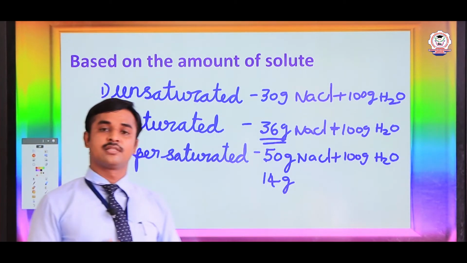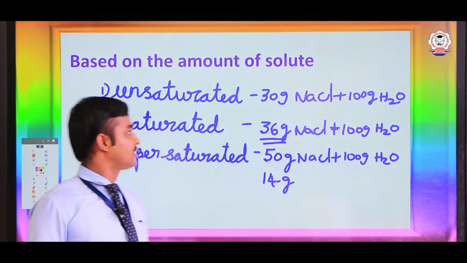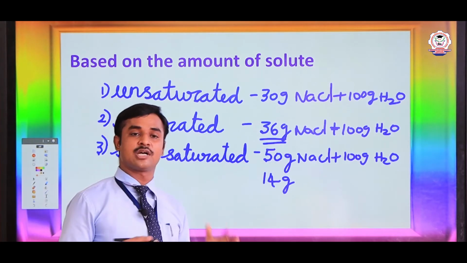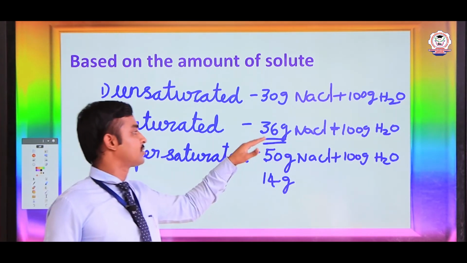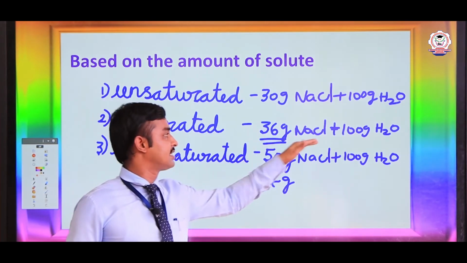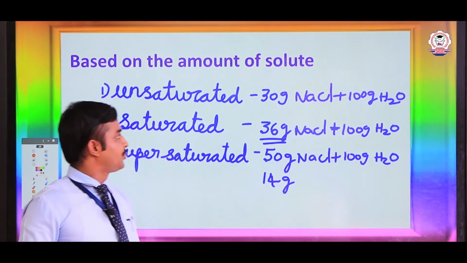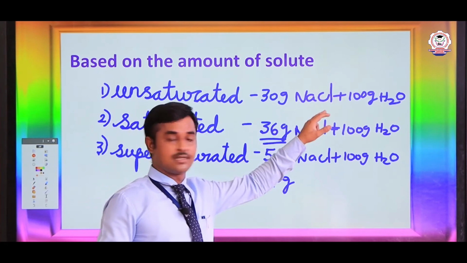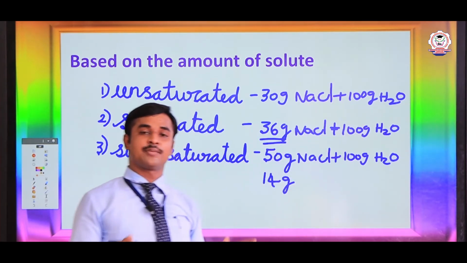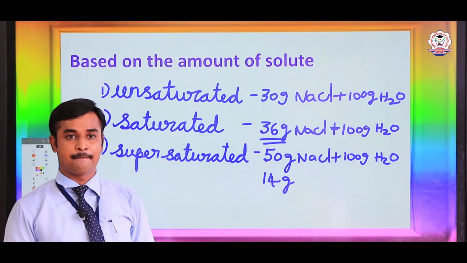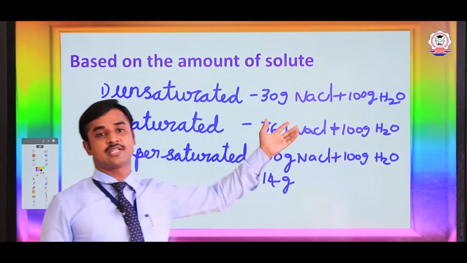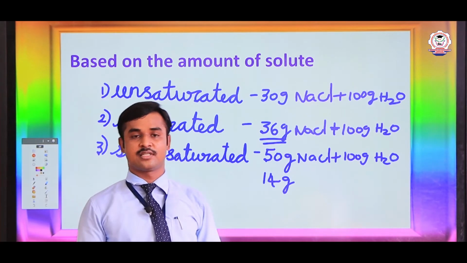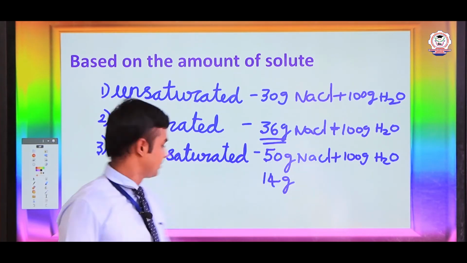Based on this, in the examination, they can ask the solubility of sodium chloride. What is the solubility of sodium chloride? It is the main question, in which the solubility of sodium chloride is 36 gram of NaCl. If you dissolve 30 gram of NaCl in 100 gram of water, what type of solution is this? In this question, you can answer it as an unsaturated type of solution. So, these are the questions based on the topic.